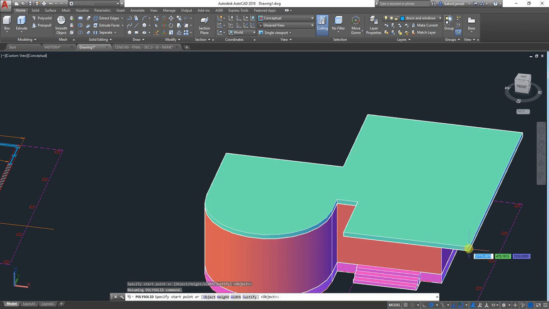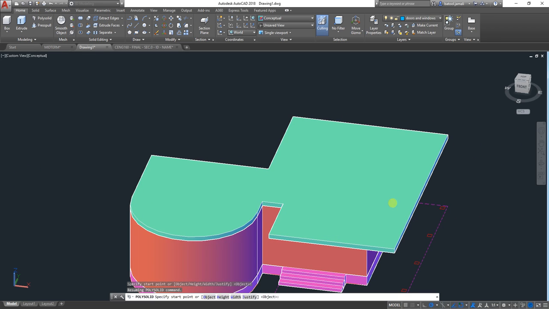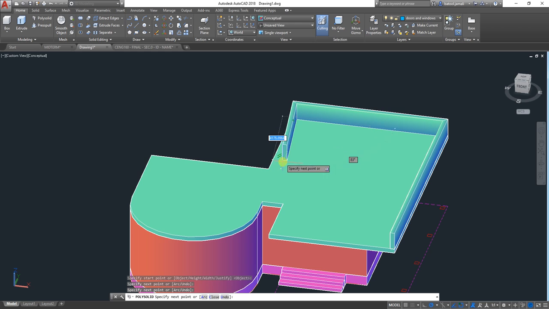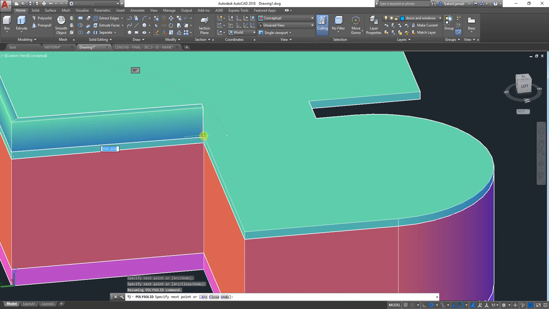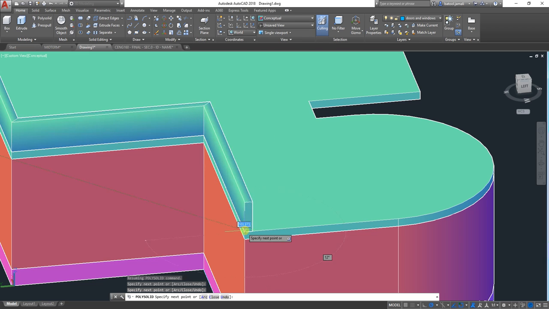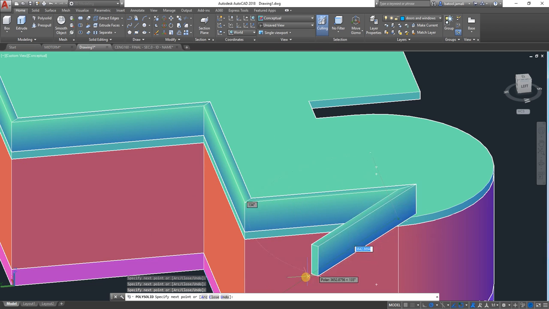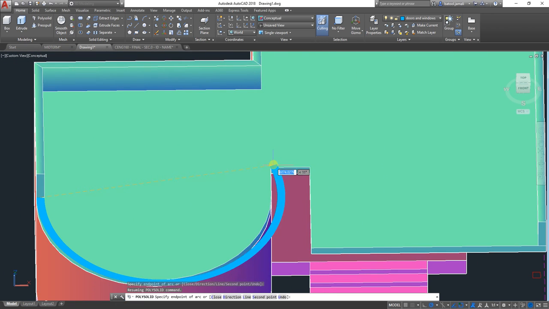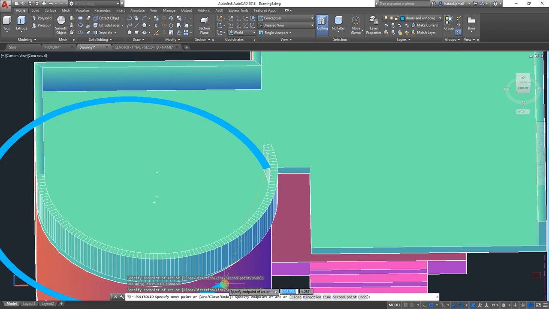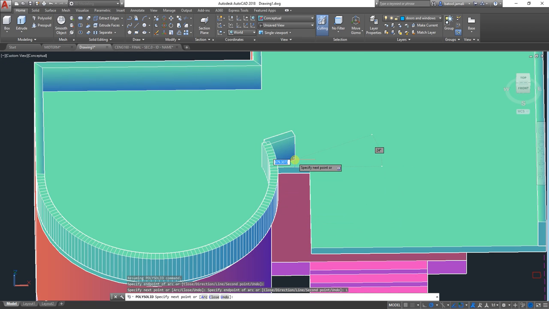Now you can start from the ground, from the top of you, and then move it up, or you can just start from the 3D. So I will just click here, click on this part here. If you cannot see, you can rotate your view. Then go to this part, switch to arc, and then come here, switch back to line, and then